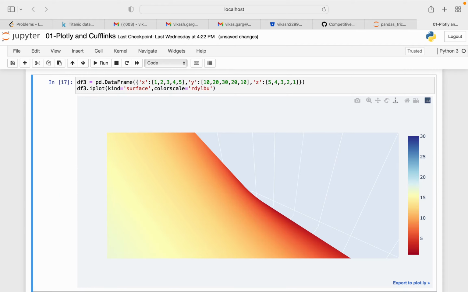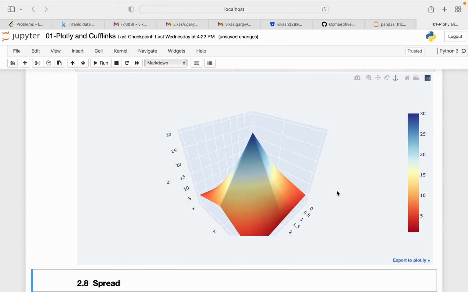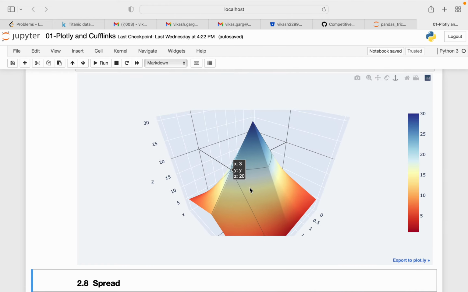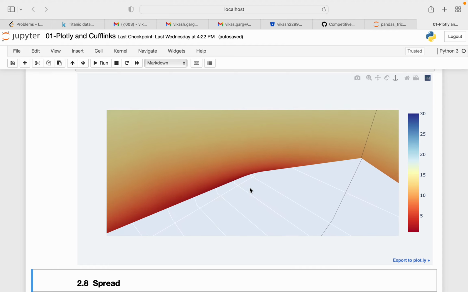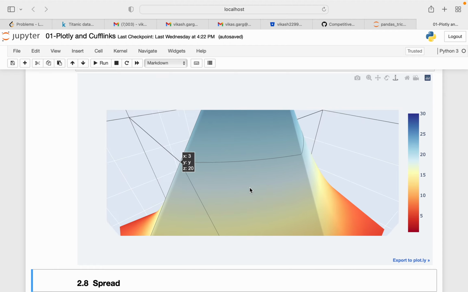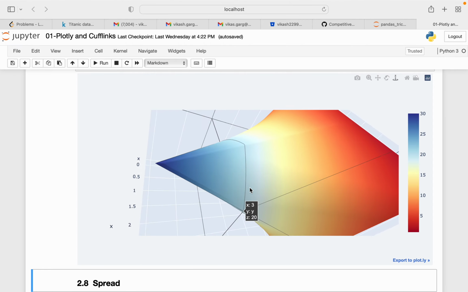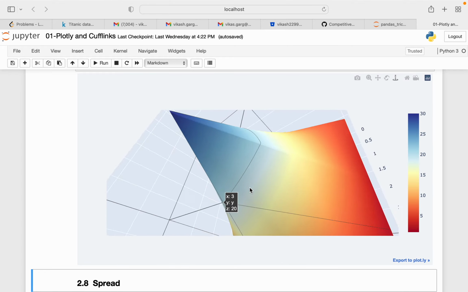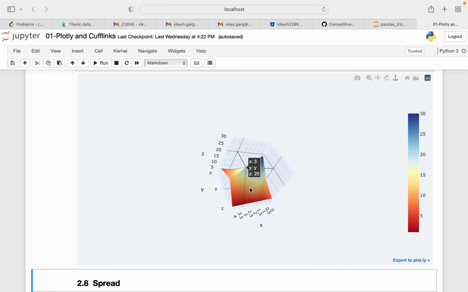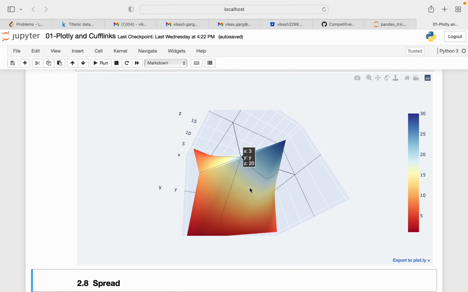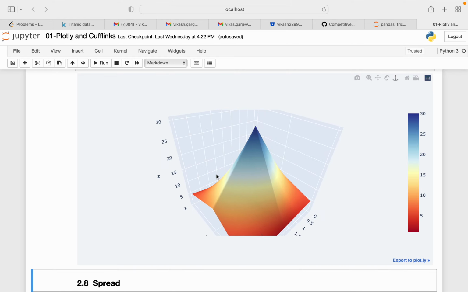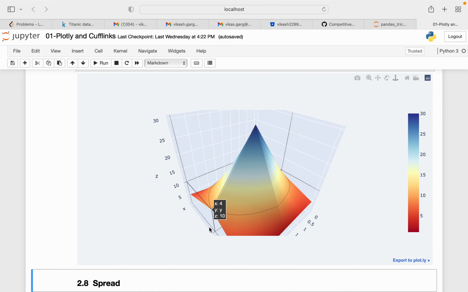So 3D surface. As you can see, this is my 3D surface, and it's three-dimensional. When I'm zooming, it's going in, and now I'm inside the surface, and you can also rotate 360 degrees. So this is, you can say, the 3D surface. You can zoom, increase it, and rotate it also. As you can see here, it represents 5, 10, 15, 20 and similarly like this.